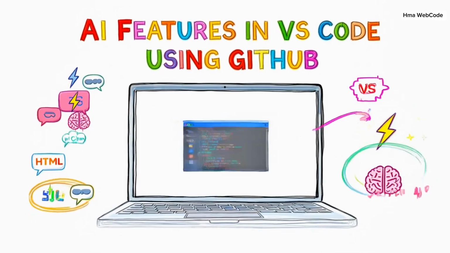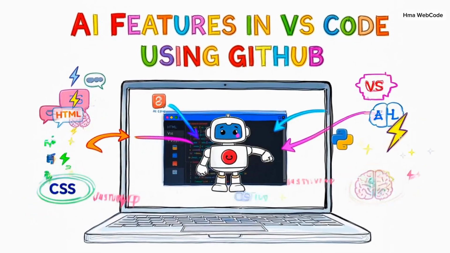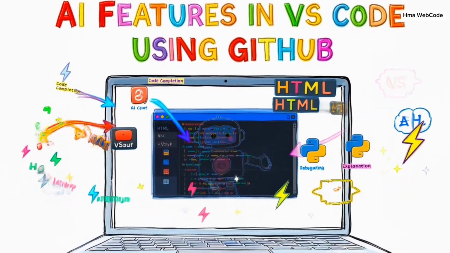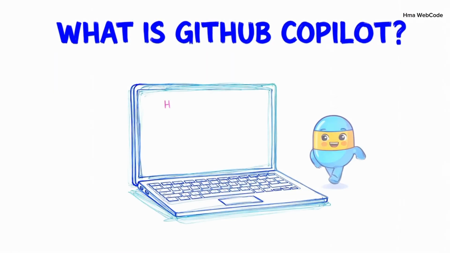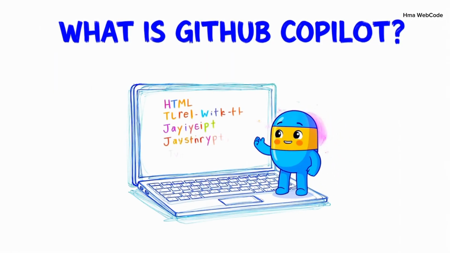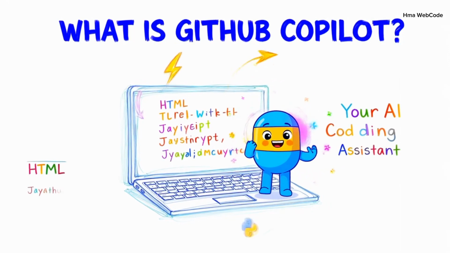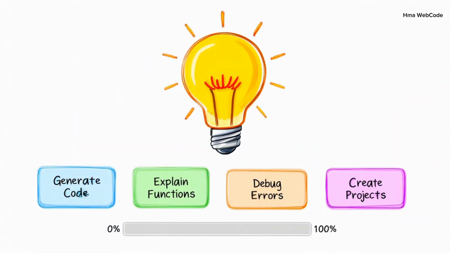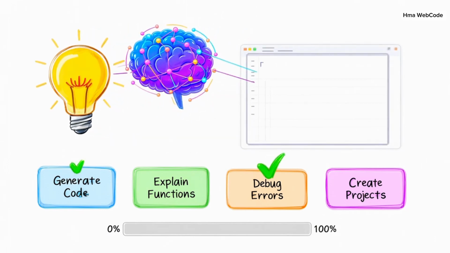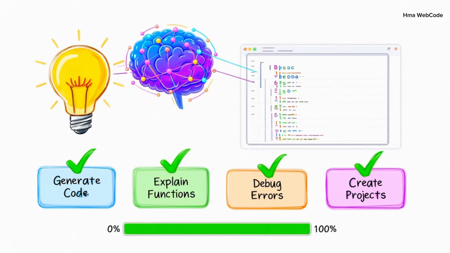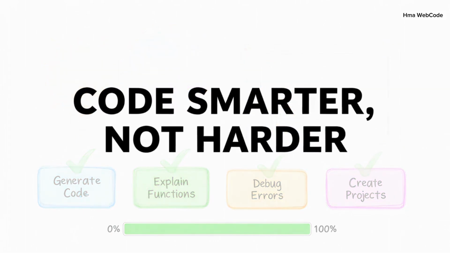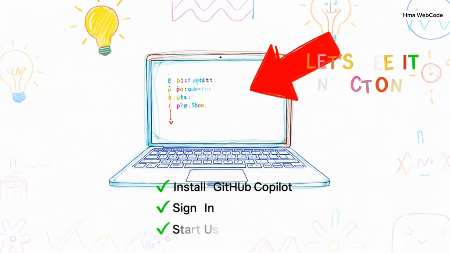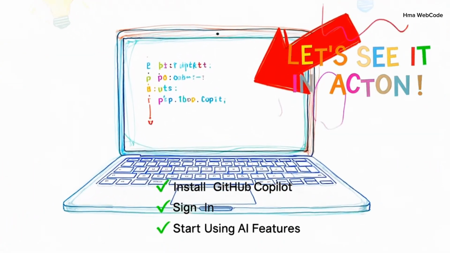In this video, I'll show you how to install GitHub Copilot in Visual Studio Code and how to use its most powerful AI features. GitHub Copilot is an AI coding assistant that helps you write code faster, generate ideas, fix errors, and learn programming. Think of GitHub Copilot as your coding teammate, suggesting solutions, completing code, answering questions, and boosting productivity every day. Now let's jump into Visual Studio Code and I'll show you exactly how to install GitHub Copilot